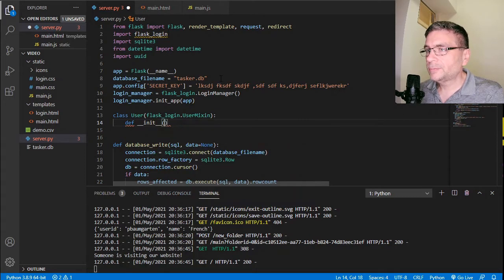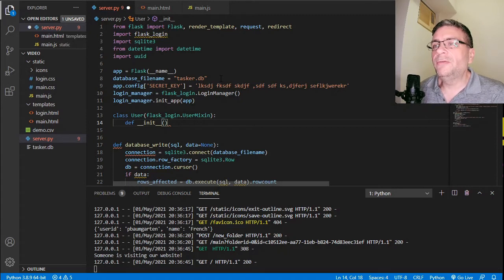What is a class? A simple way to think of it is us defining our own data type. In the way we have integers, floats, booleans, strings, dictionaries, lists, I'm defining a data type called user. And in the same way that a string might have functions attached to it, like if I have a string called s and I do s dot, and there's all the different functions there, like to convert it to lowercase or uppercase, or pull out substrings, I can create functions that are attached to this data type called user,